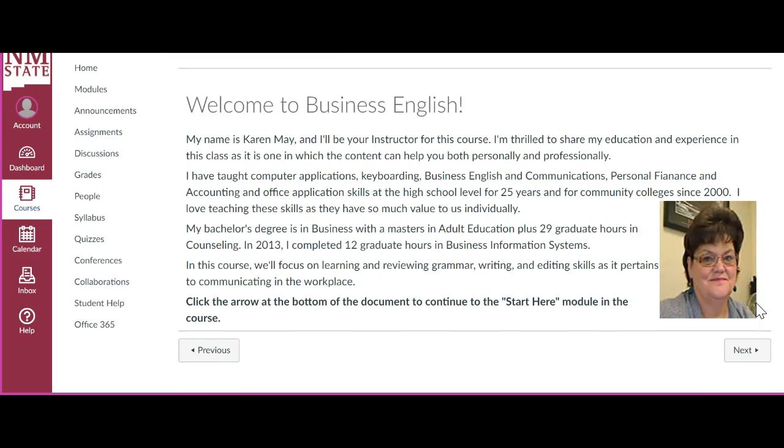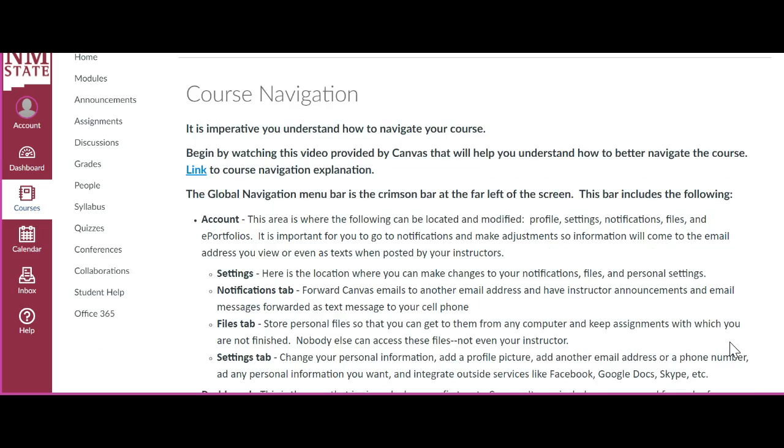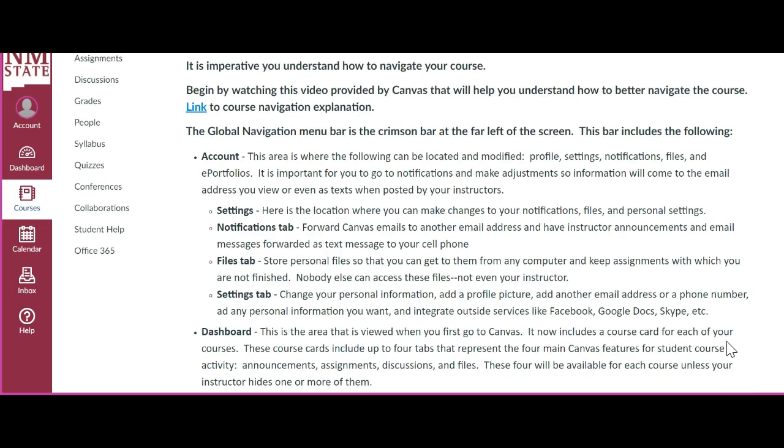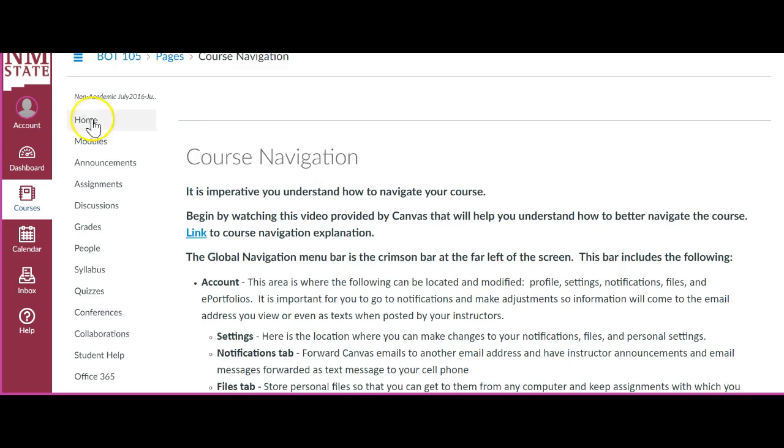So there's a welcome there from me. And then course navigation. If you have not taken a course in Canvas before, then you definitely want to read this, and you may also want to go through some of the links and tutorials on navigating the course. But it generally explains what you find over here on the left-hand side for navigation, because that's where our navigation